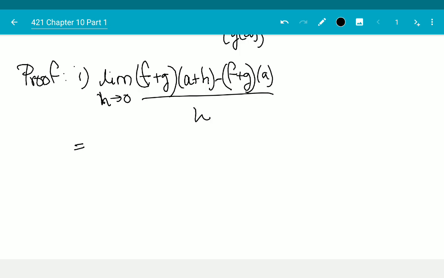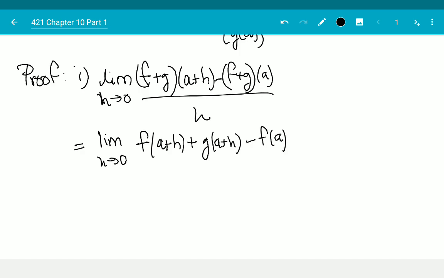Well, this is equal to a limit h goes to 0 of f of a plus h plus g of a plus h minus f of a minus g of a all over h,